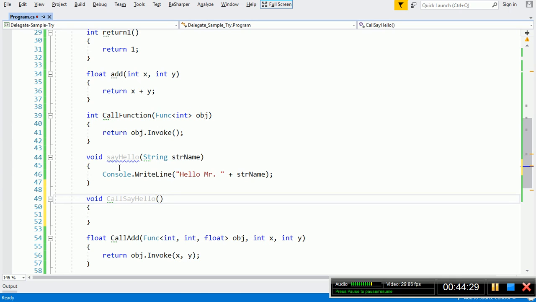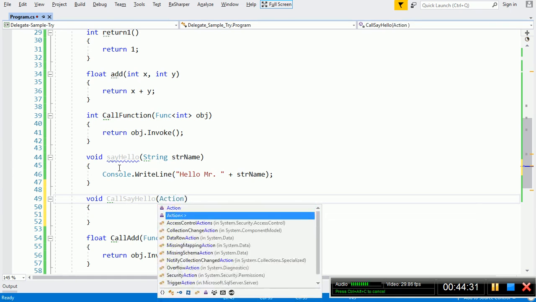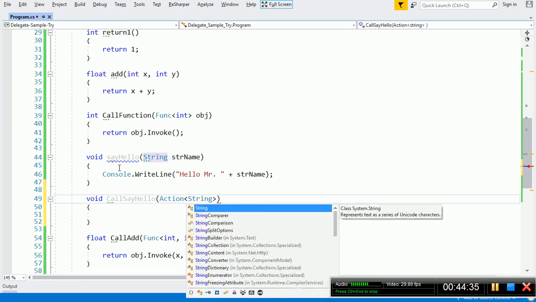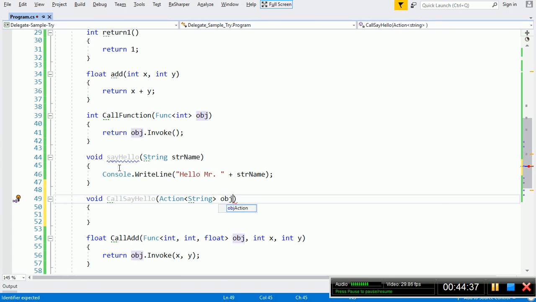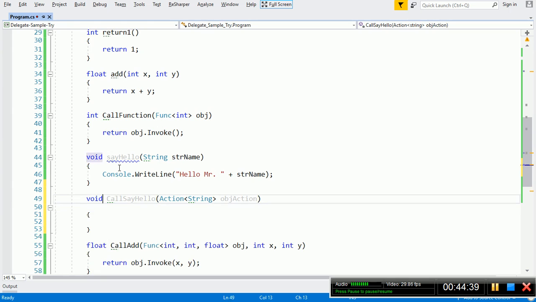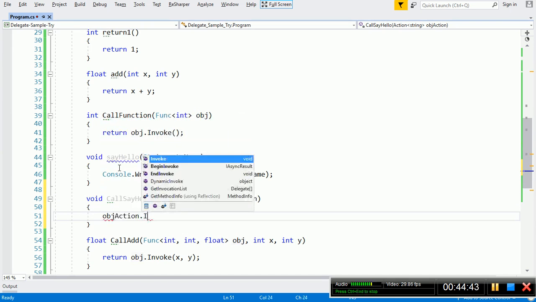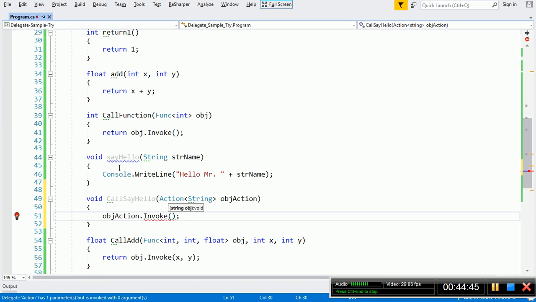It will accept an action delegate of this say hello. Action's first argument is string. That's all. Here object action dot invoke name.